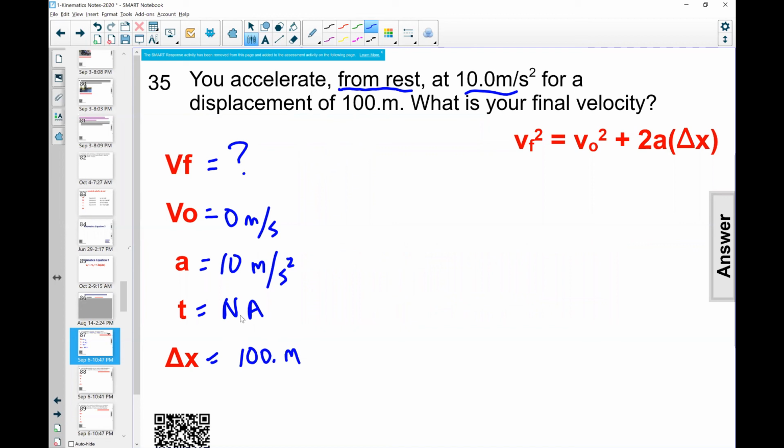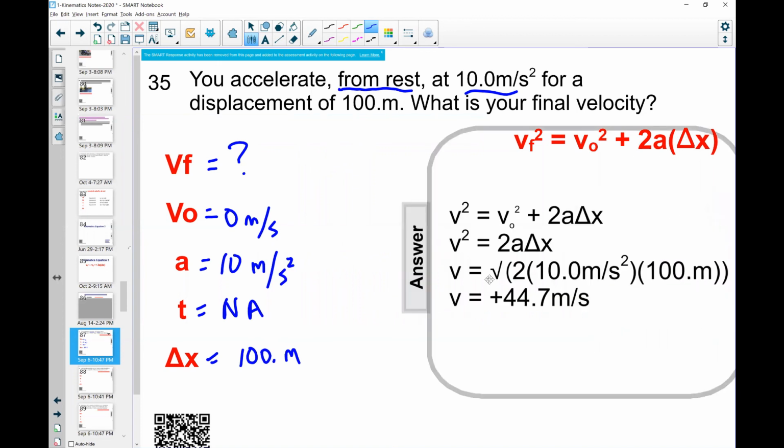And like we said, this third kinematics equation is designed to solve for these variables without knowing the time. We don't know anything about the time, so this is the perfect equation to use. And if we plug the work in, it looks like most of you have been able to do that successfully. So any questions about this example?